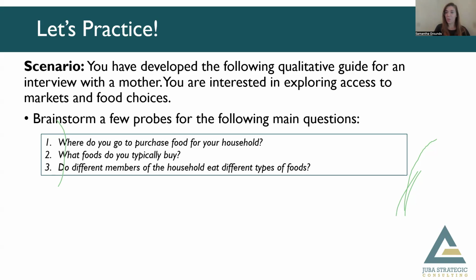Another question, why do you think your family always buys from a particular market? Yeah, that's a great question. Thinking about choices and different market access choices, thinking about what options do participants have, and if they always go to one particular market, exploring why that is. That's a great follow-up question as well. Great. These are all really great ideas. And feel free to keep thinking about these.